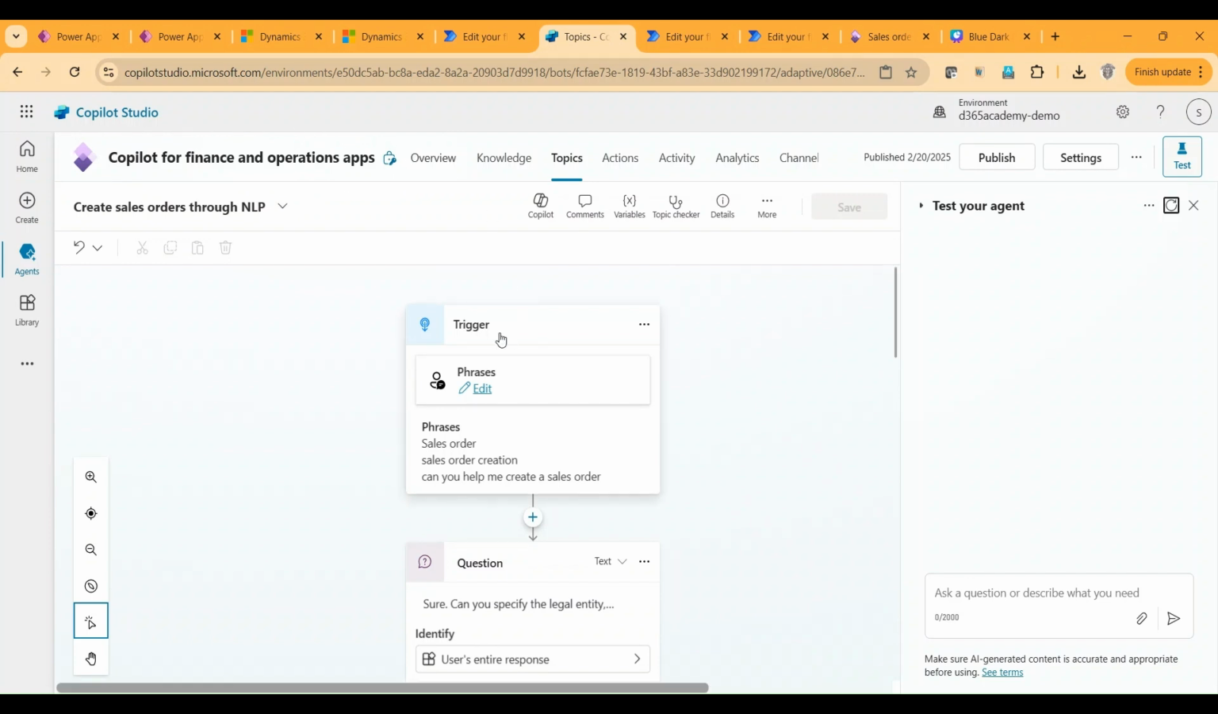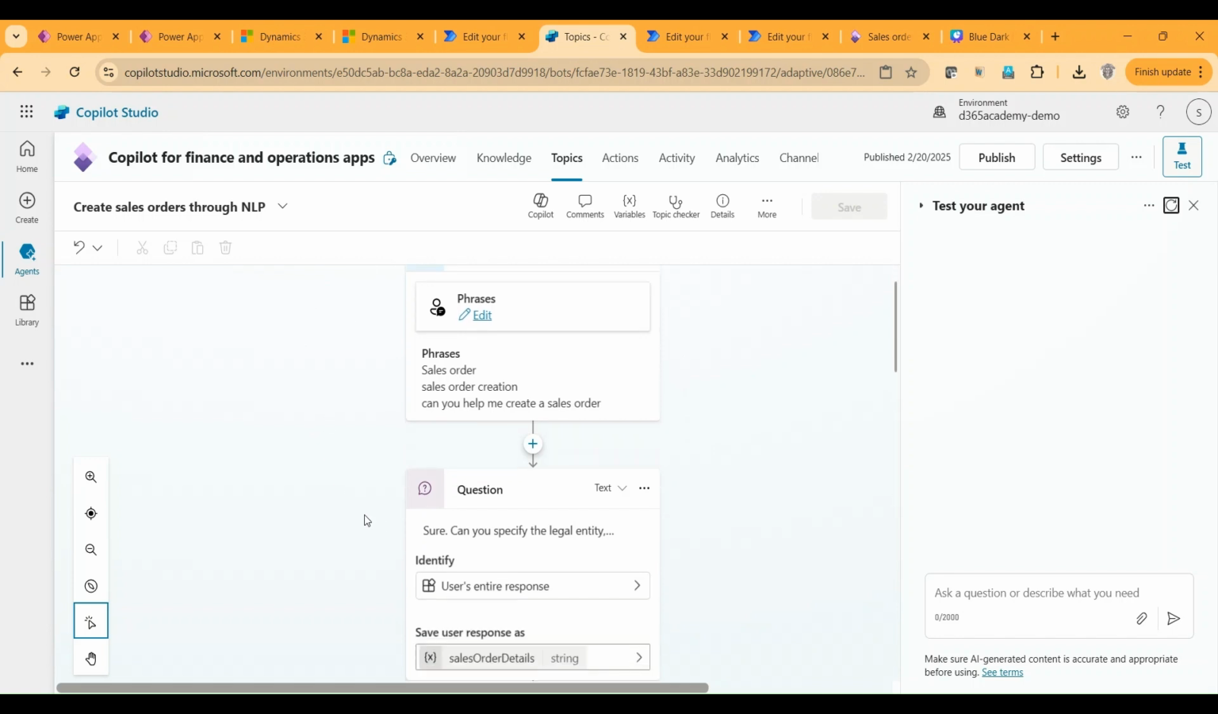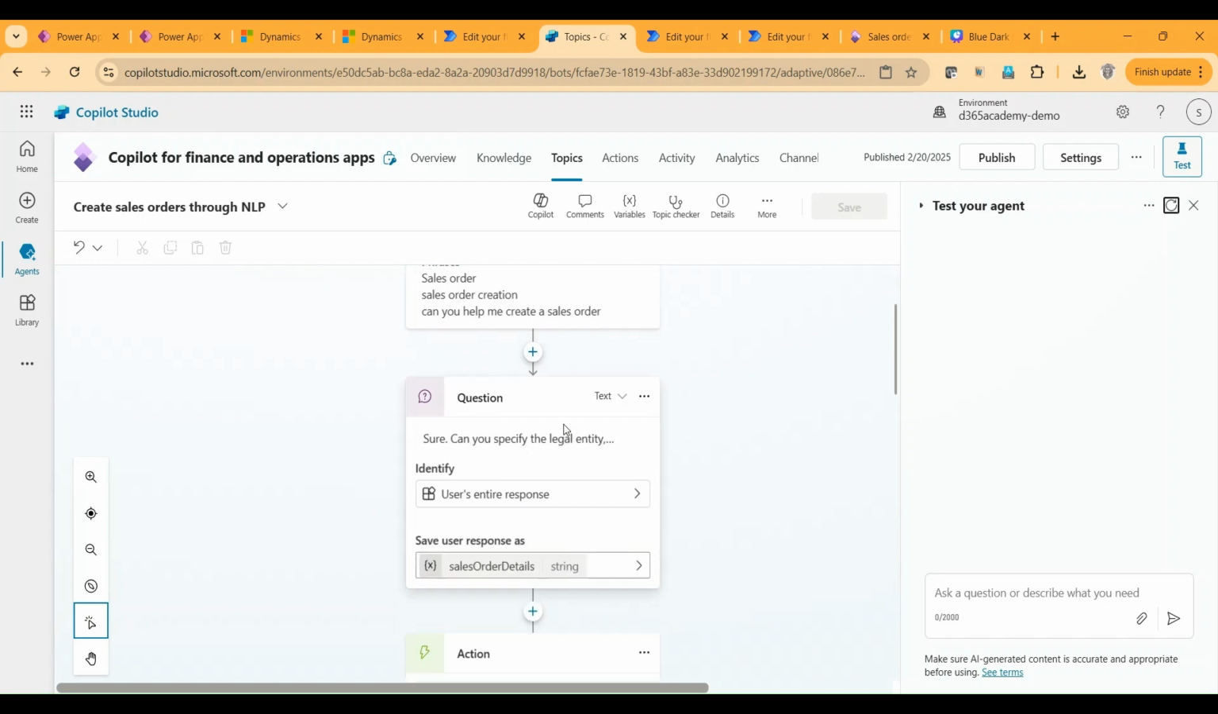So inside this, I have defined certain triggering phrases like sales order creation. Can you help me create a sales order? I can create more phrases like this which can make it understand. So I am asking it to create a sales order. And when it gets input from the user like this, it's going to ask a question back to the user, like